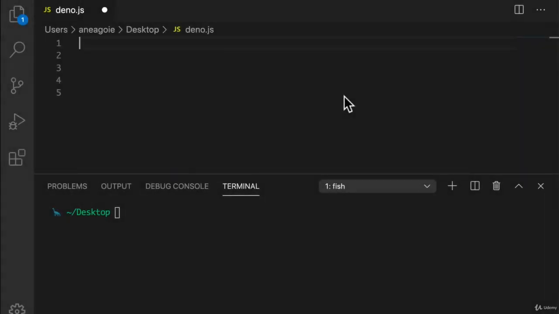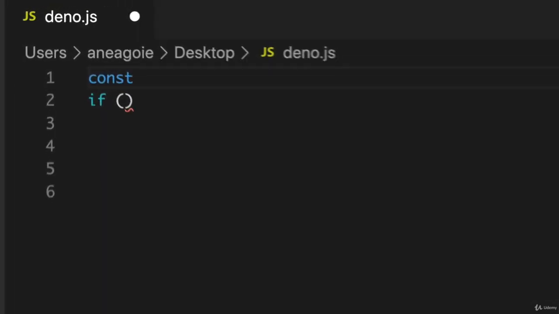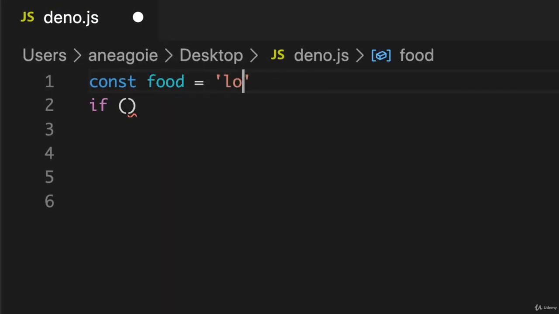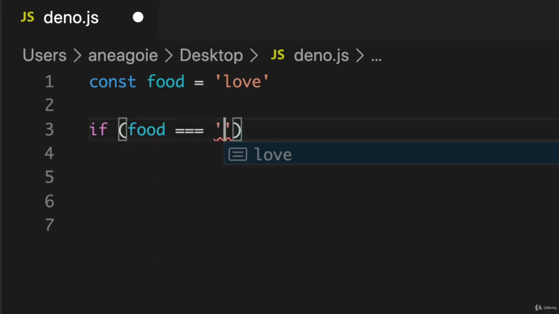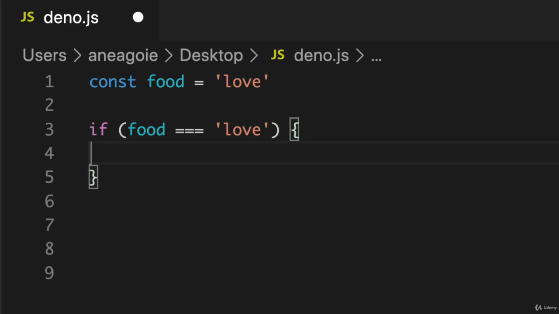All right, everybody, it's time to finally build our first Deno project. Now, it's going to be a silly, simple one. It's going to get us started so we can build some really nice applications later on in the course. Let's start off with something that I thought would be fun. I have my deno.js file. I have my terminal here. We're going to create a variable here. We'll call it food, and food equals love. And what we'll do is we'll say if food equals love, in that case, we'll